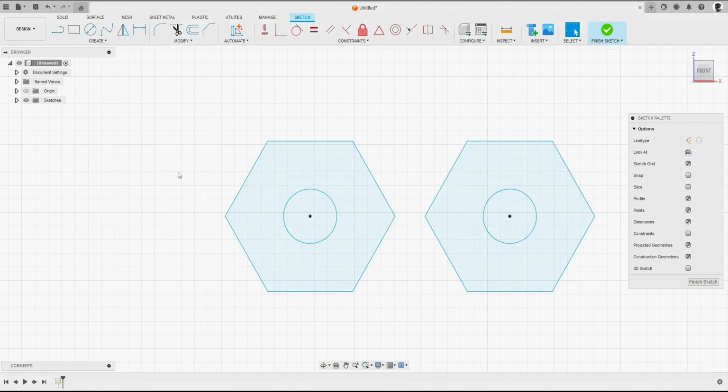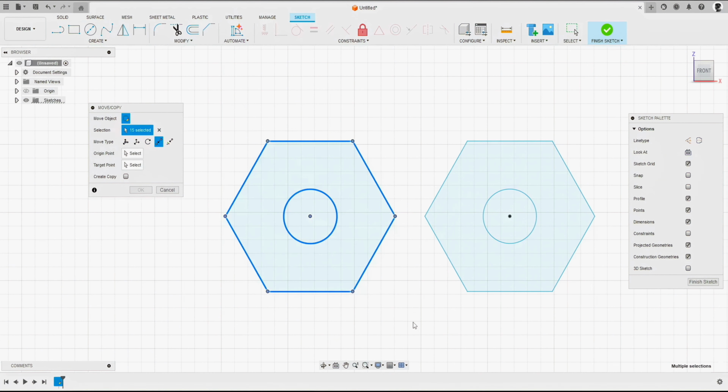Let's press M on the keyboard, back into the move and copy tool. And now I want to demonstrate the point-to-point move type. But we need to select 2 points here. One is the origin of the entities that we select, and then one is the target point to which that will move to. If I now select all these entities here, polygon and circle,